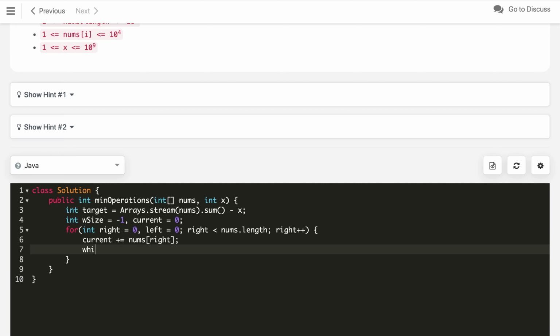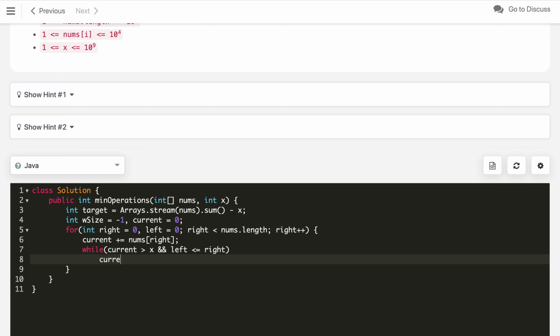Now, we check if the current sum crosses x. If current crosses x and left is still less than or equal to right, then we subtract the value at the left side, nums at left, from the current sum, and then increment left by 1, moving left to the right side.